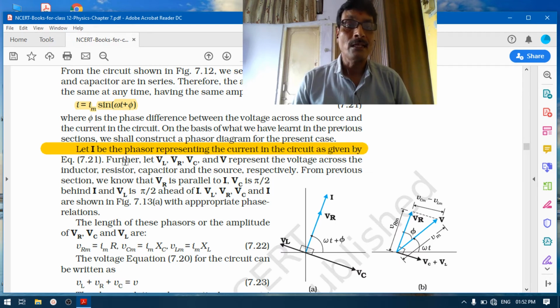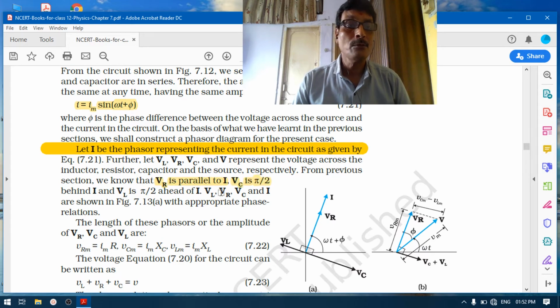Further, let VL be the phasor voltage across the inductor, VR the phasor voltage across the resistance, and VC the phasor voltage across the capacitor, and V the total voltage across the inductor, resistance and capacitor, and the source respectively. From the previous section, VR is parallel to I,